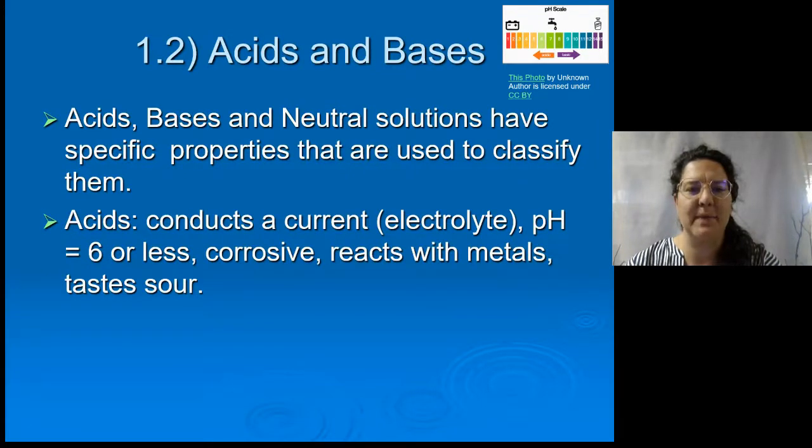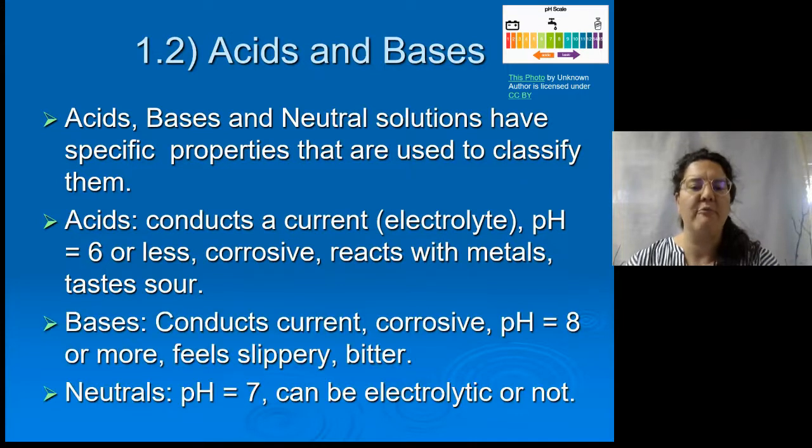So, acids, bases, and neutral solutions have properties that are used to classify them. Acids are able to conduct an electric current because they're an electrolyte. They have a pH of 6 or less. They're corrosive. They react with metals and they taste sour. Now, we should never taste acids that are in a lab, a chemistry lab, but things like lemon juice or